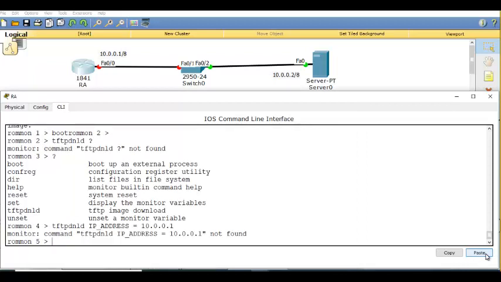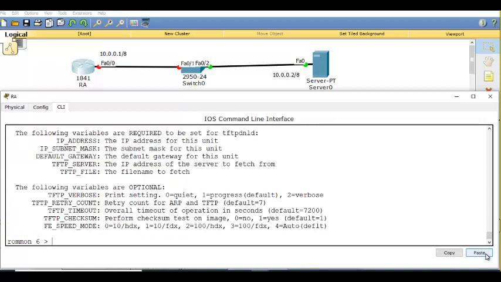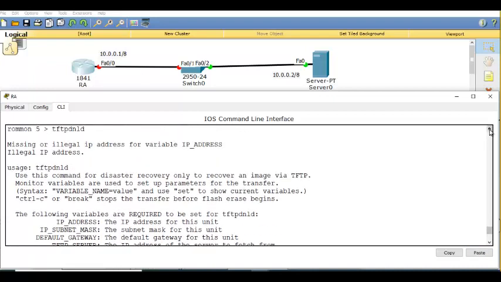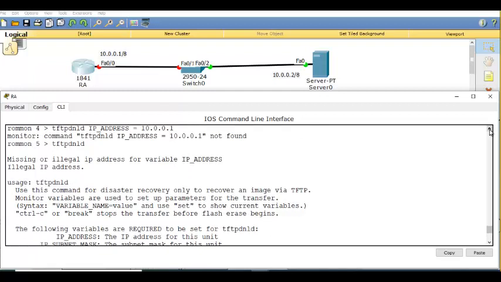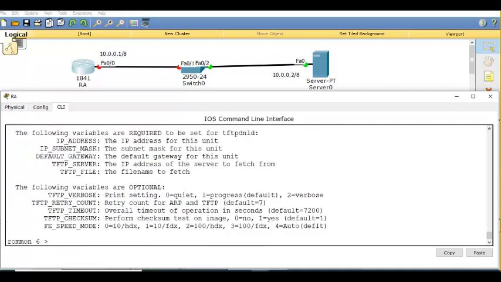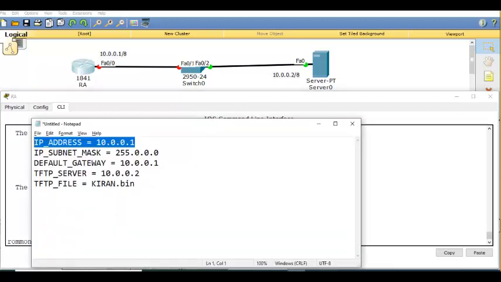This is not the way. TFTP download. Maybe I should not leave any space. Equal to. There should not be any space.